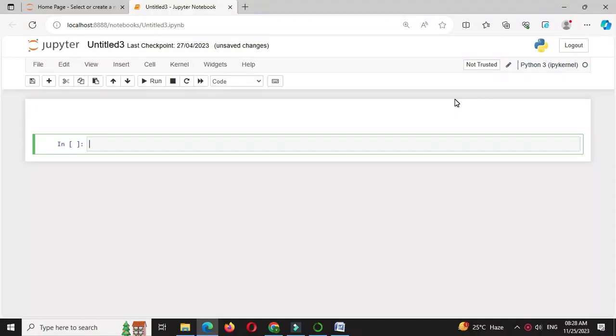Here we will write a Python function that takes two arrays and finds elements of the first array that are present in the second array using list comprehension. So in a comment line we will write